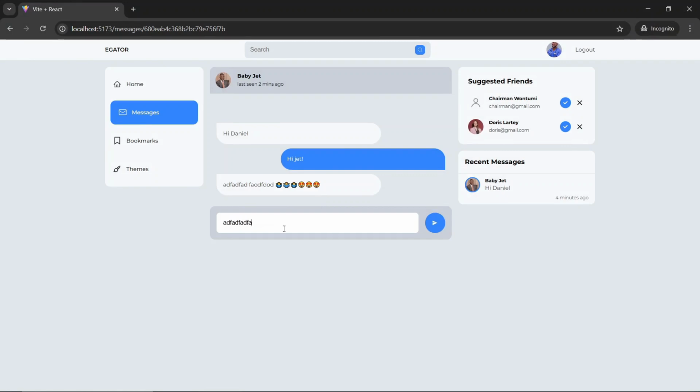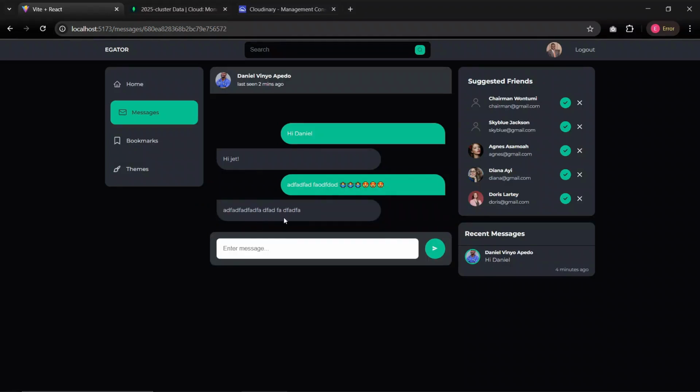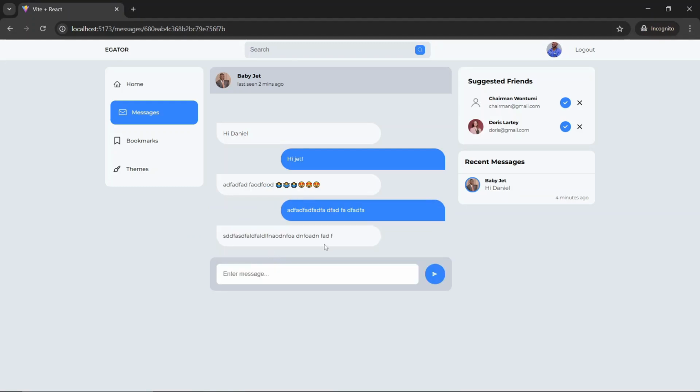Okay, so I'm going to type any gibberish here just so we see that this actually works, and this by using socket.io. So this also comes instantly, right? And I'm going to type in more text here, and once I hit enter, boom, that is here. So this is what we are going to build in this project, and I hope you are ready to